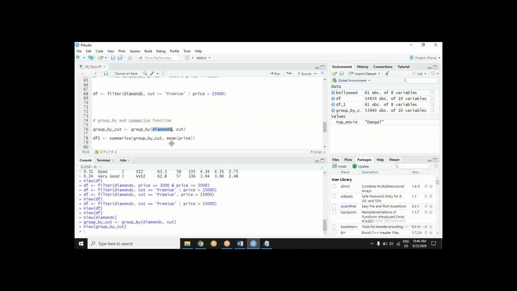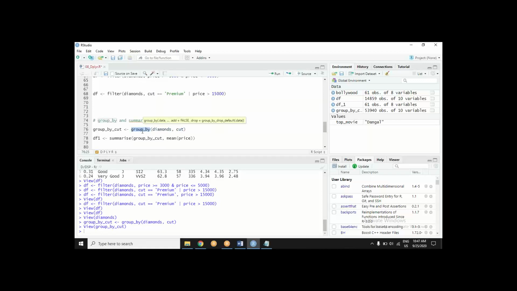Diamonds is the parent data set. It has no grouping, nothing. It is just rows and columns. I have applied the group by function on this data set. I am saying group by this data according to the categories in the cut column. The cut column has certain categories. We saw that. It has categories like fair, good, premium, ideal, various kinds of cut diamonds. So I am saying group by this data according to the categories of this column.